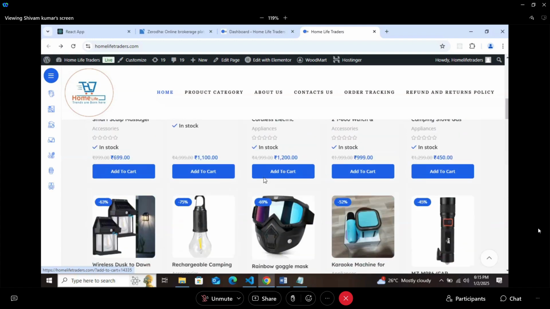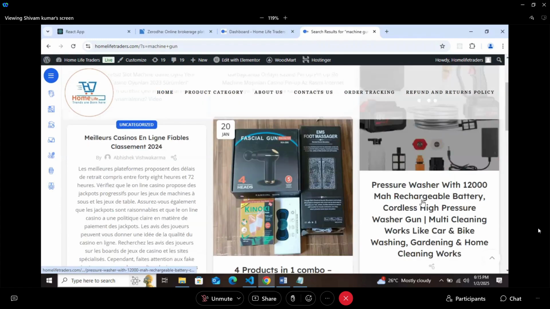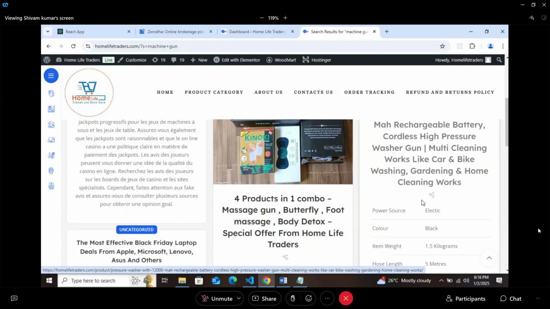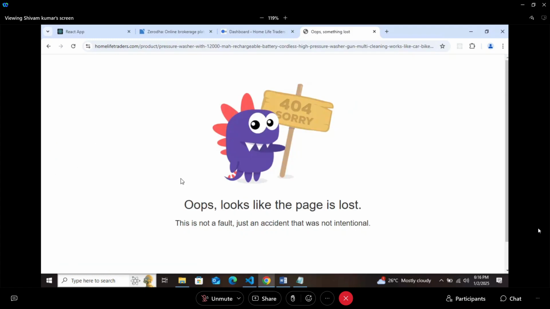There is one highest sold product. I'll show you that also, that we have sold in lakhs of quantity. This one, machine gun, means this is a pressure washer. You can wash your car, bikes with that. 1700 is the cost, I think, for this. Let me check.